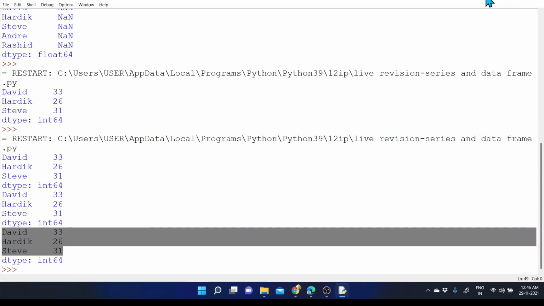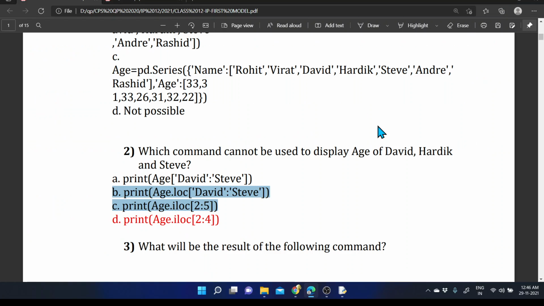Within the LOC, we are using the labeled index. We provide a name for the index, so that's why it's a labeled index. And ILOC means a positional index. If we are using the default indexing, that will be 0 to n minus 1. So that's what we are using here.